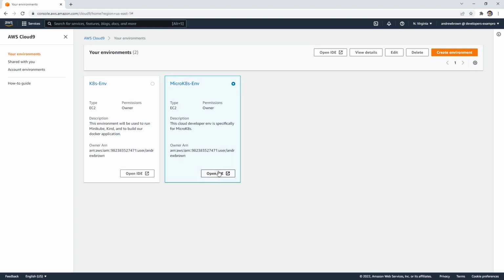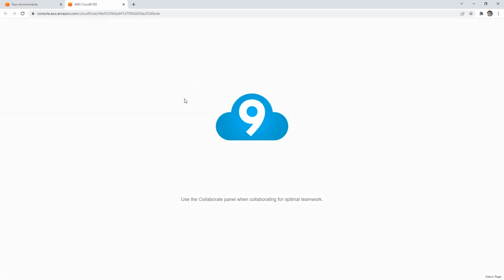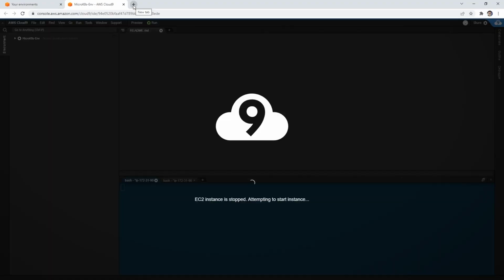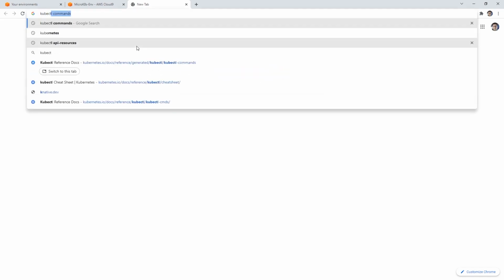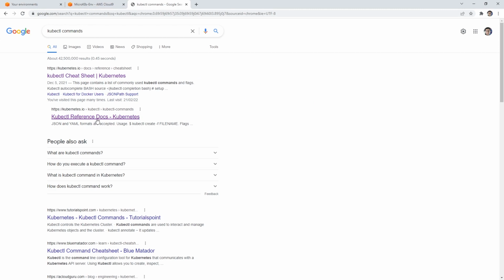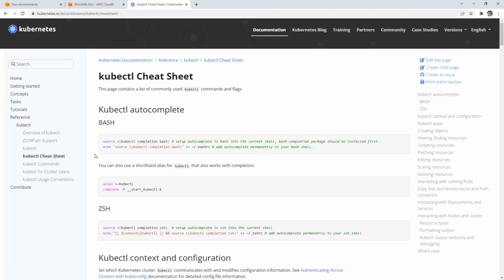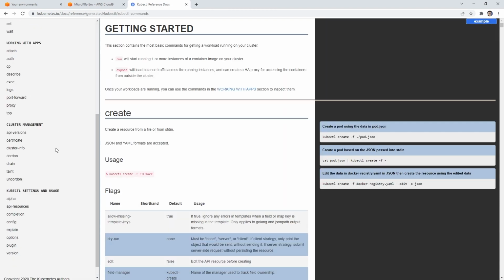So I'm going to launch my microK8s environment, and as that is spinning up, I'm going to make my way over to Google on a new tab. We're going to type in kubectl commands. This is the one I usually point you to, but I also noticed that if you click the cheat sheet, right here on the left-hand side, you go to kubectl commands, and that's another way to get to it. So there's some things like API resources, cluster management, that we might want to take